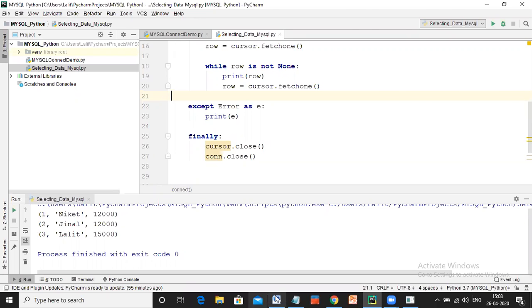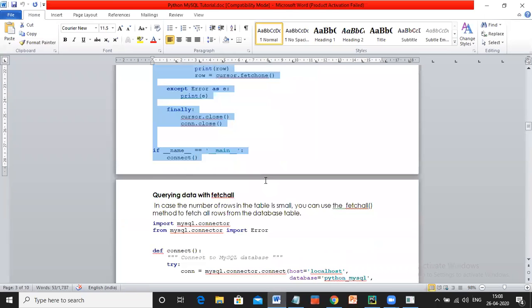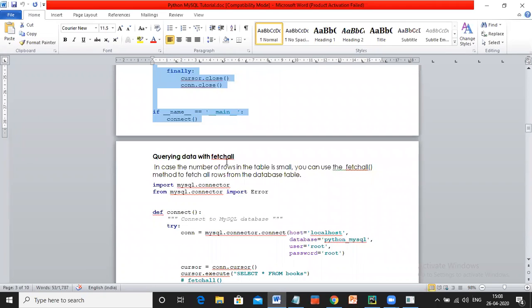Now there's one more example. There is one more function called fetchall. In this case, the number of rows in the table is small. You can use the fetchall function to fetch all the rows from the database table. Now,